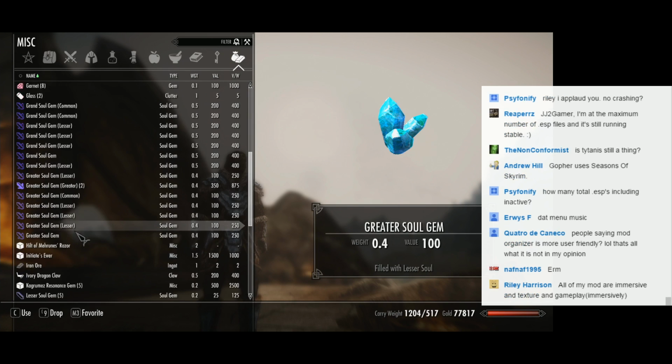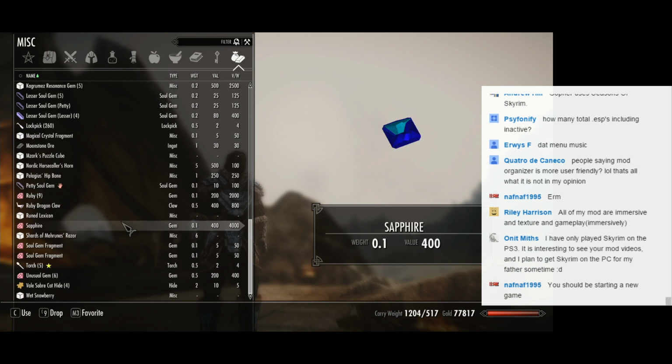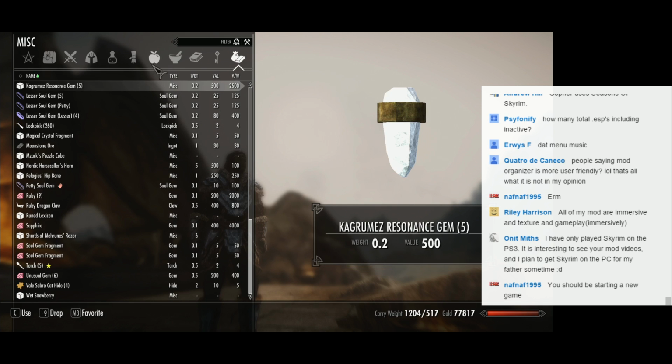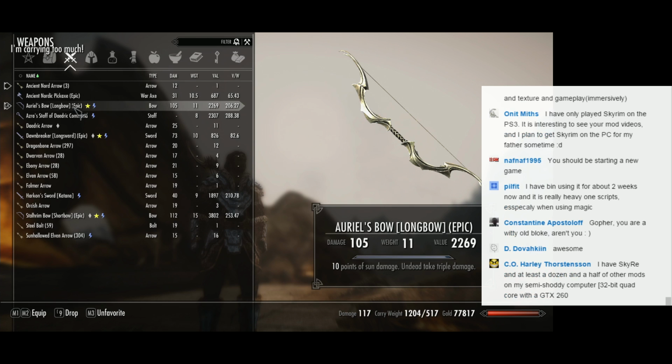Does it give me the gold? Do you give me the gold? No, really? I can't drop gold coins. I never realised that. You can't just drop them. You've got to put them in a container. Anyway, right. Aureol's bow, 105. Hey, that's...